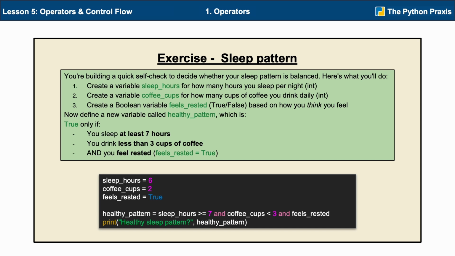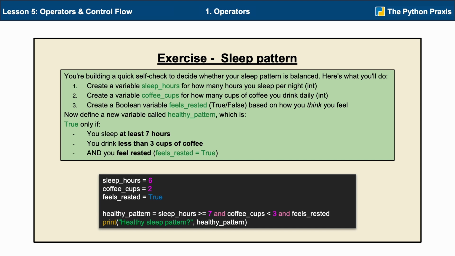Here's what you'll do. Create an integer variable named sleep hours for how many hours you sleep per night. Create another integer variable named coffee cups for how many cups of coffee you drink daily. Create a Boolean variable named feels rested that takes as values either true or false only, based on how you